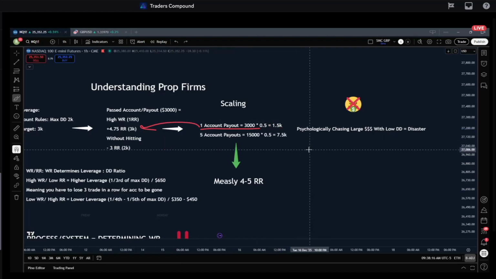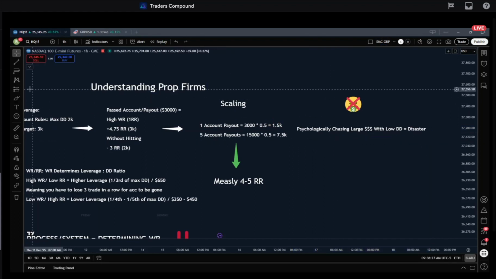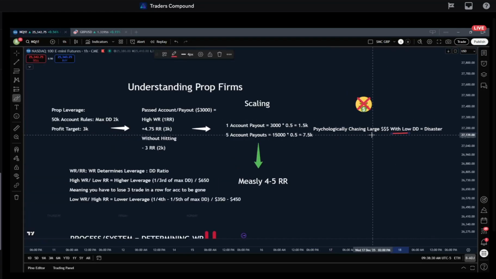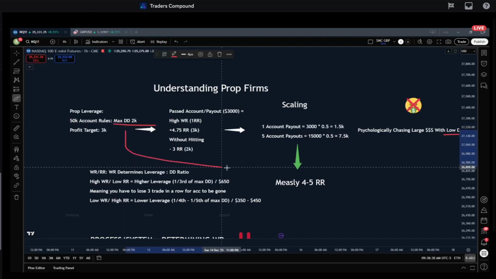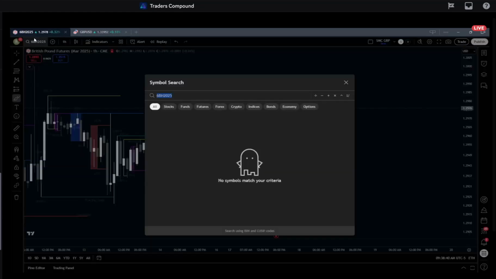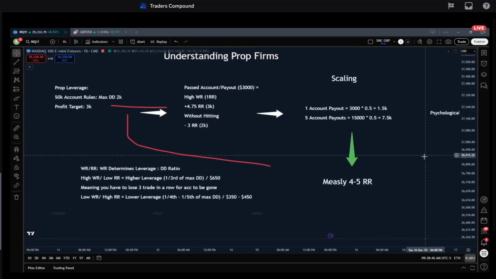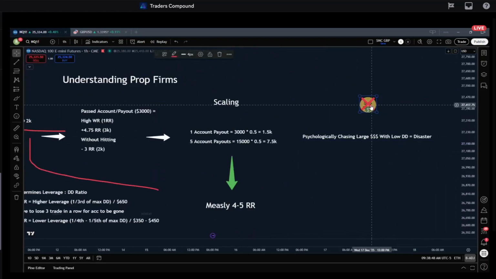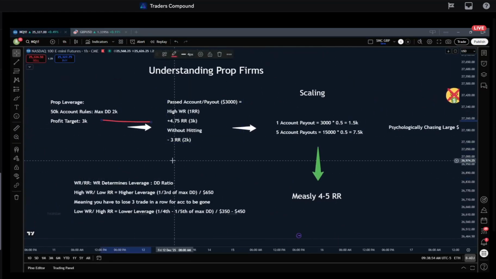This is the main issue I see with students trading prop firms is they are psychologically chasing very, very large payouts and very, very large returns with very low drawdown per one account, right? So let's use the same example here. We're using max drawdown of 2K. We're still, we can even risk up. Oops. We can even risk up, right? We're trading like $1,000, right? Because we want to make on this prop firm or on this XFA, we want to have an account balance of $6,000 to $7,000.